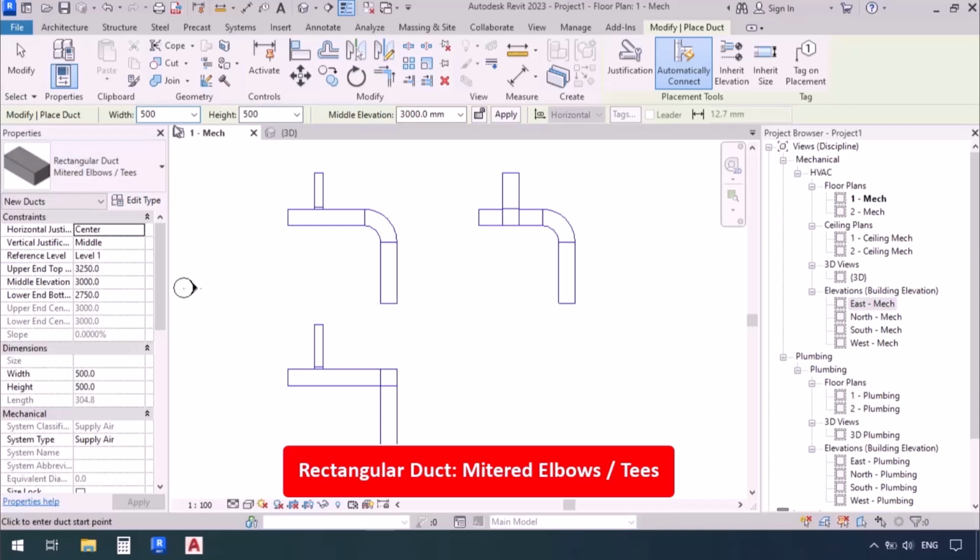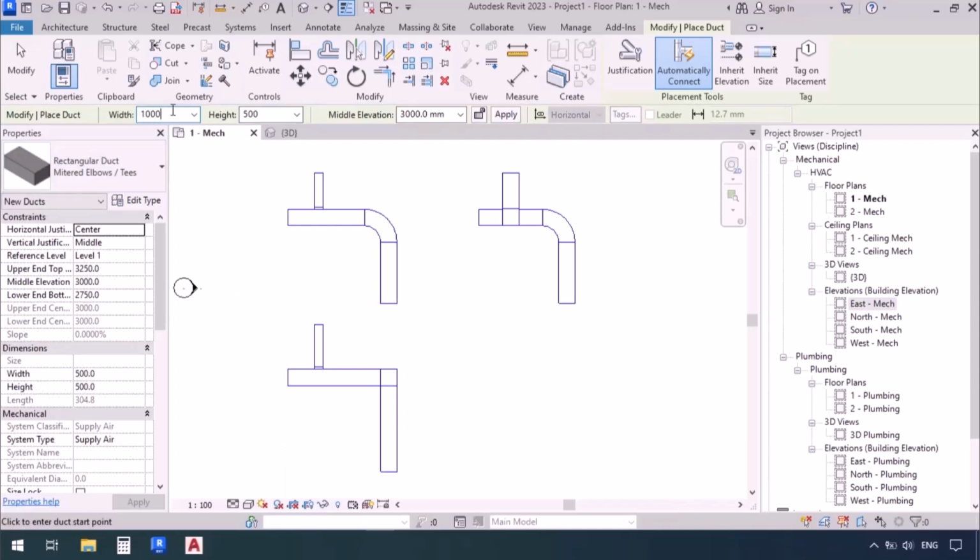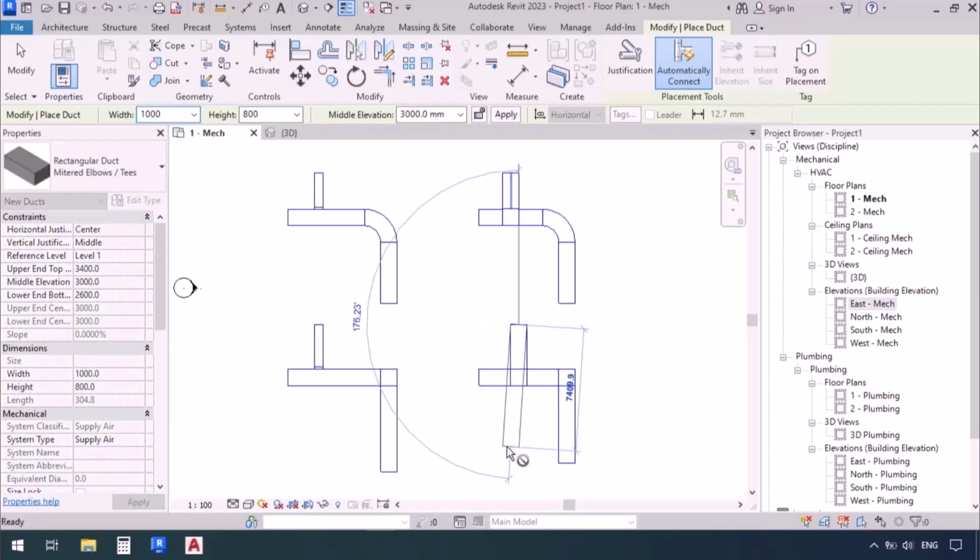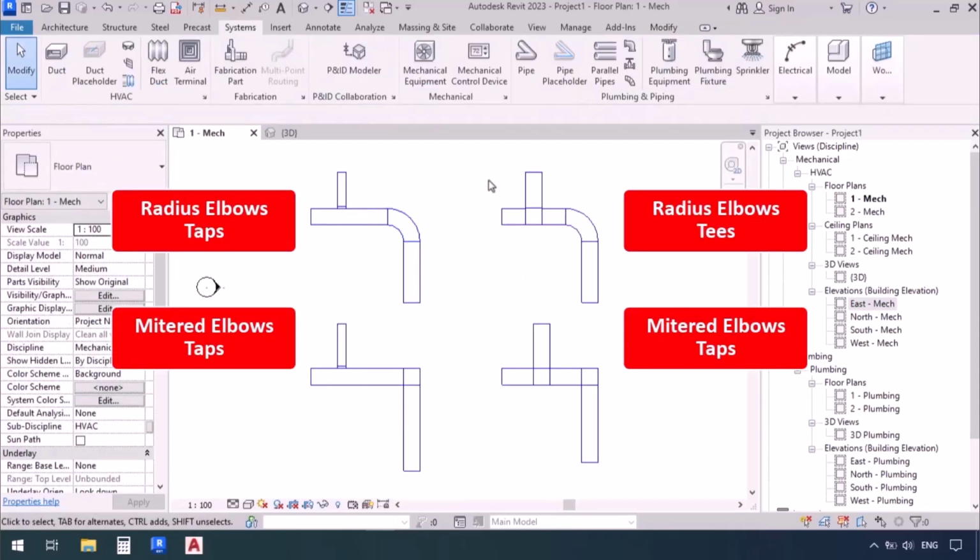Now let me enter the previous dimensions, 1000 and 800, and click and click. Now click again and press escape once, and now the branch, click, click, and escape. So now we have radius elbows and mitered elbows. The branch type is taps, and here we have tees. These are the 4 different types which we had under the